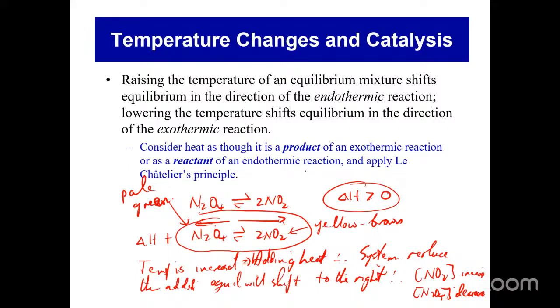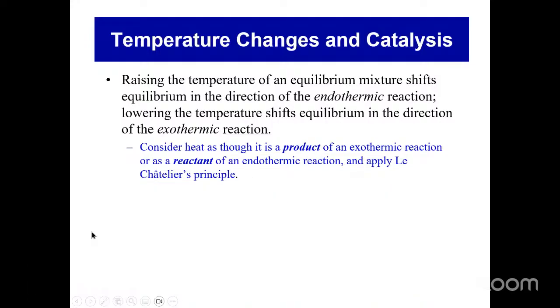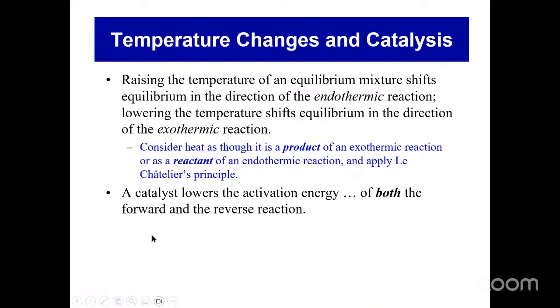So again, let me say that when it comes to answering questions involving temperature changes in equilibrium systems, the first thing you should look for is whether or not the reaction is exothermic or endothermic, all right? And that information would have to be given to you in the question, all right? Any questions about this? Any questions? All right, let me clear this here. Let me see what else I have down here. Oh, okay, so that's temperature changes.